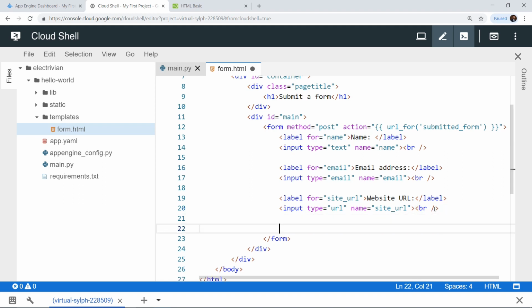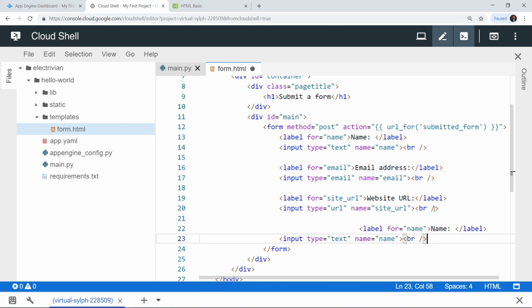Let's go on a new line and paste this. Inside label we have for, then comments.